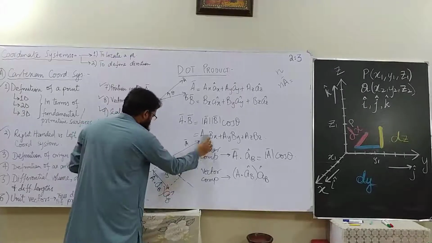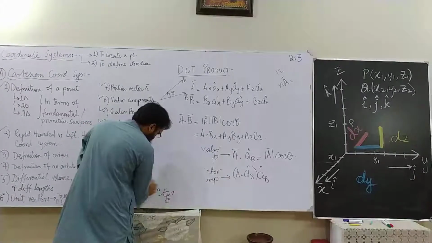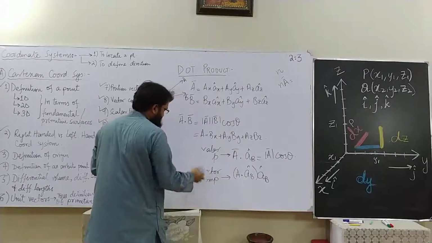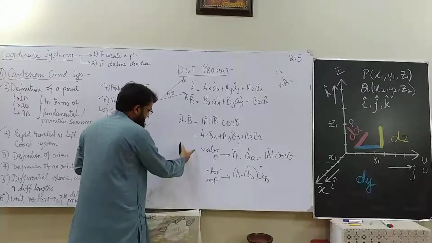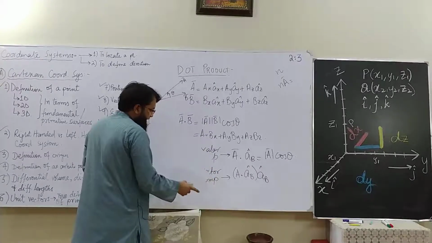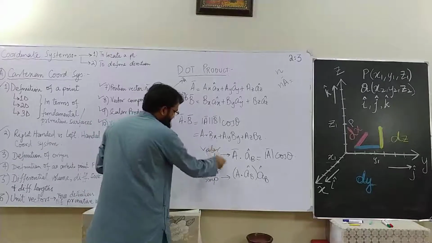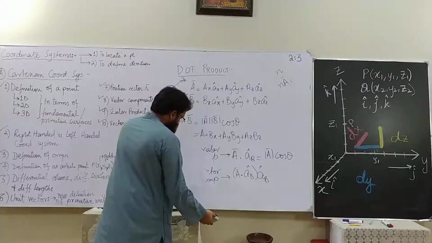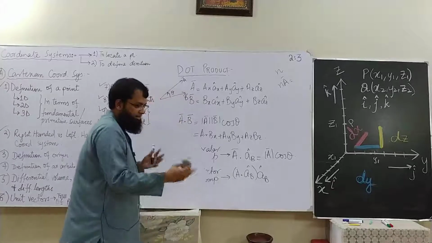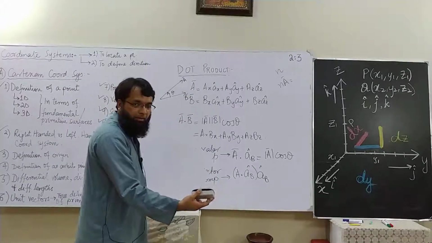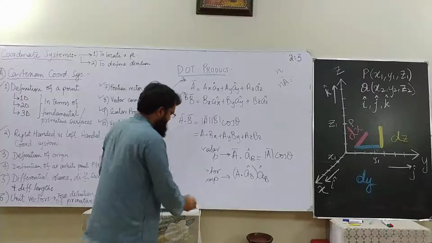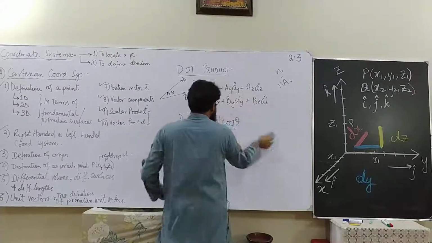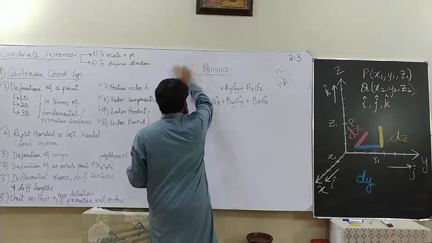So I just wanted to repeat this because you will need this a lot in your end of chapter problems. And you will also see the terms scalar component and vector component. The scalar component is nothing but the projection, and the vector component is nothing but the scalar component multiplied by the unit vector. That's it. Or the projection multiplied by the unit vector. The third thing